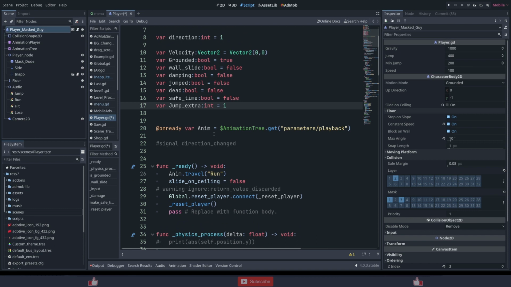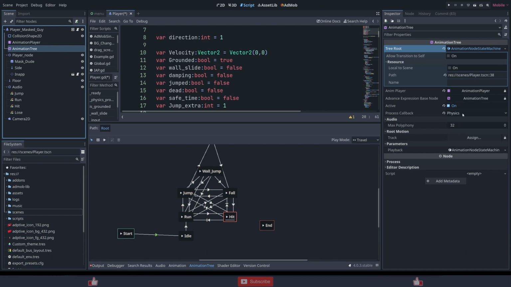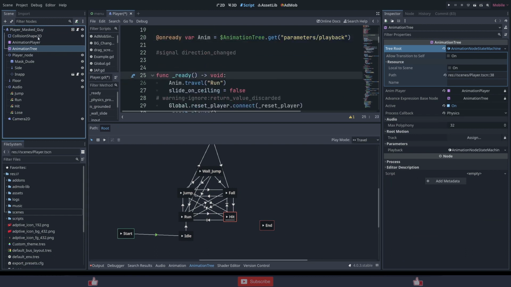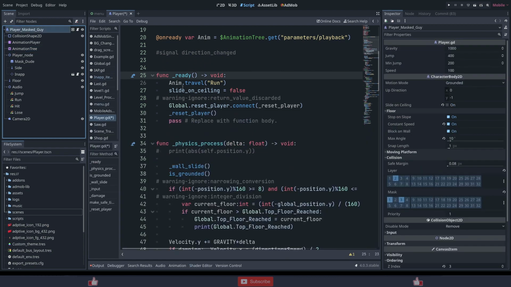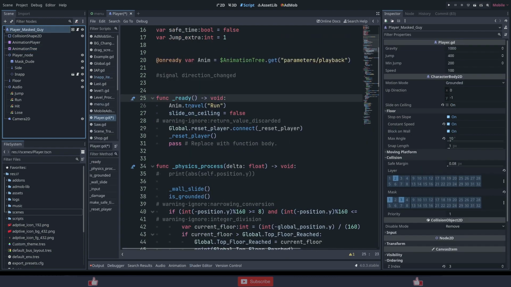On ready, I'm getting the animation tree parameter, basically these nodes. All right, then on ready, I'm making the anim travel to run. Basically the animation should be run. Slide on ceiling is false, which is already set, but you can also set it through the code. Global reset parameter,